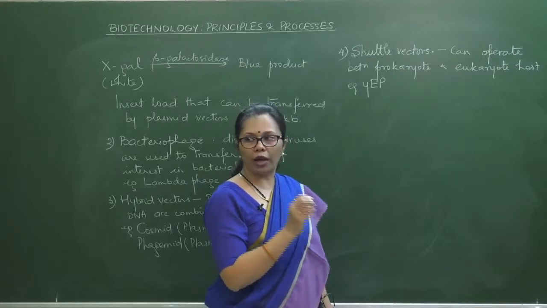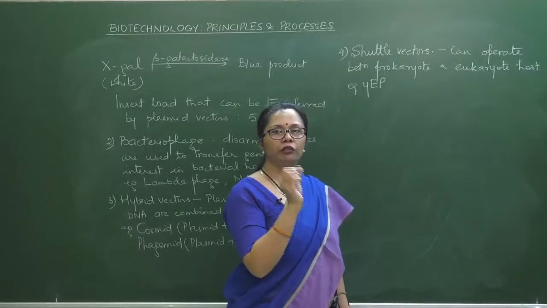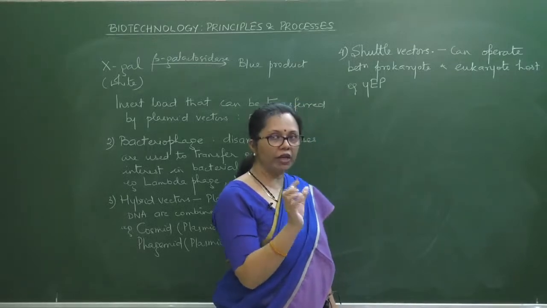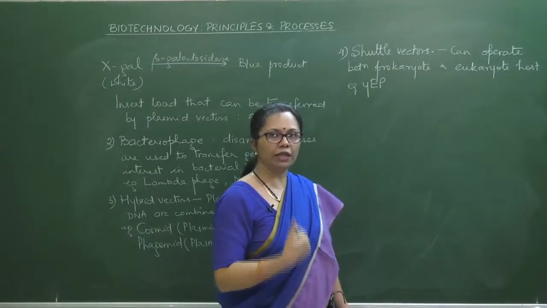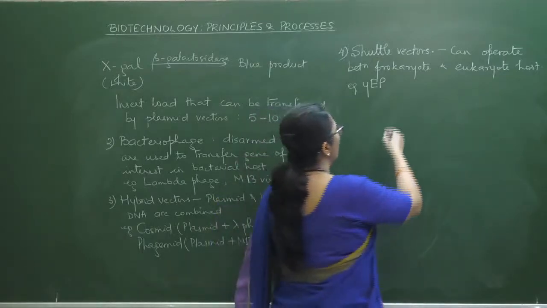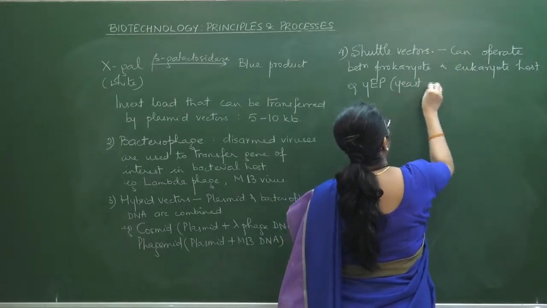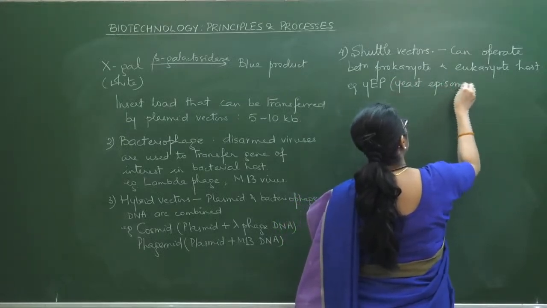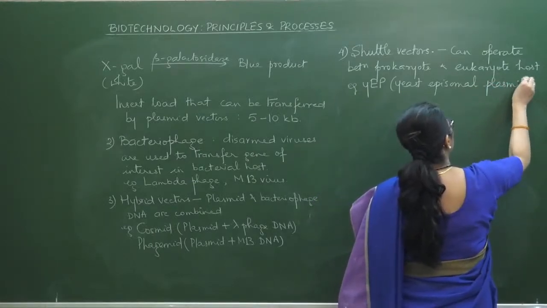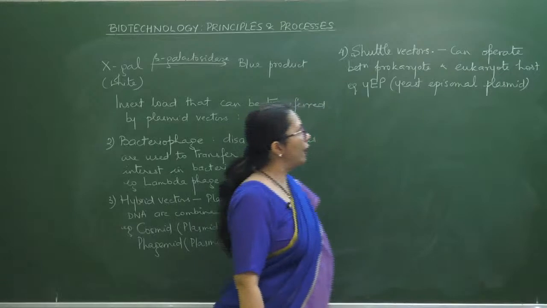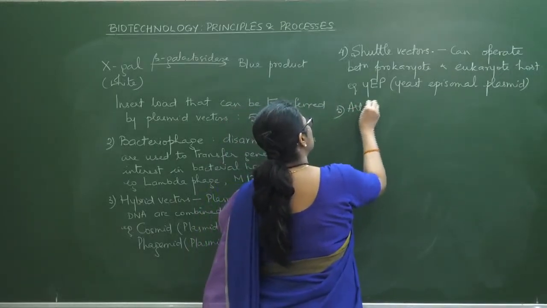Now some yeast, Saccharomyces cerevisiae, has a plasmid, that's a rare thing, and that has been utilized, and this can be used in a bacterial cell as well as in a yeast cell. Okay, so yeast episomal plasmid, that is there. Then coming to some artificial chromosomes